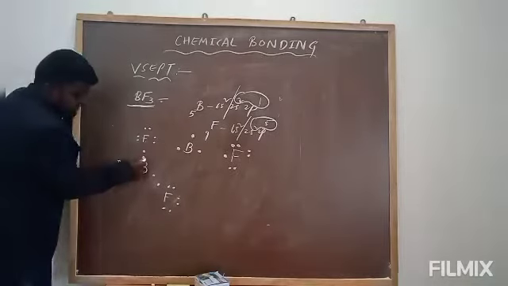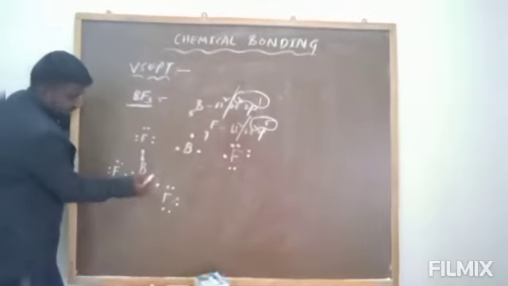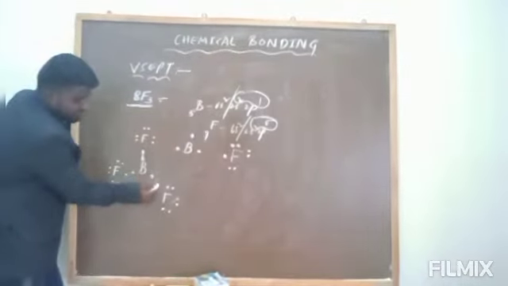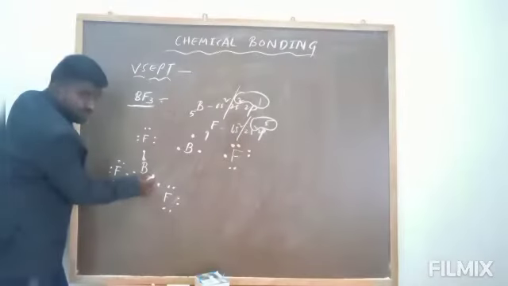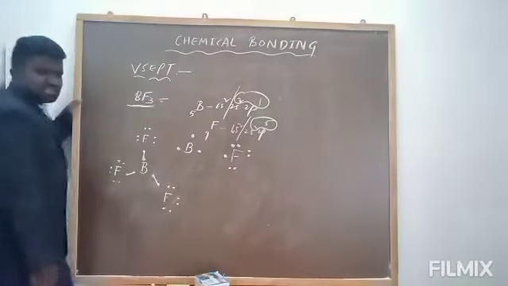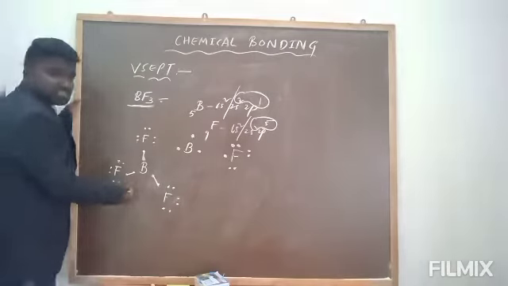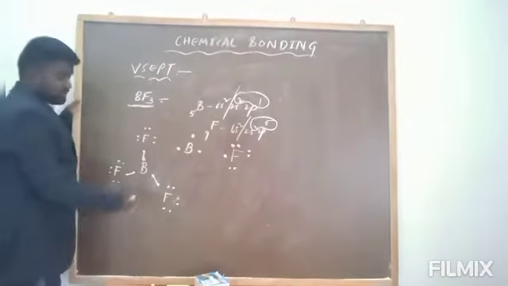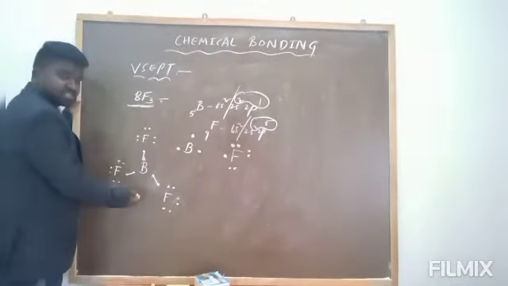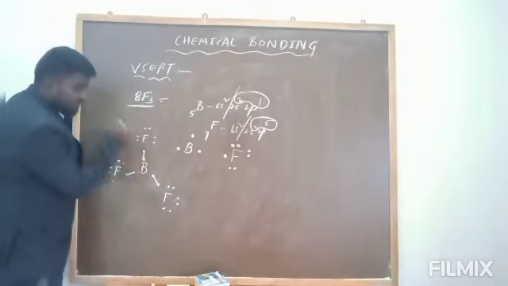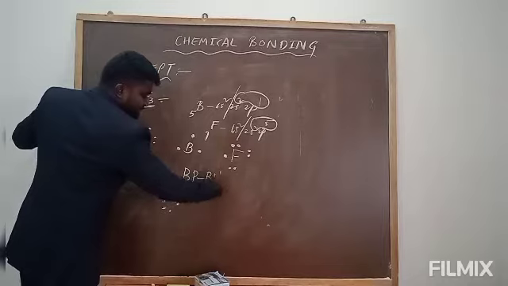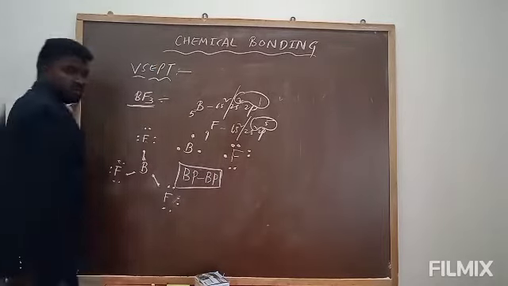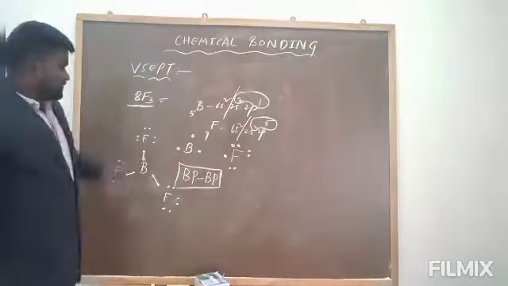So it is a bonding electron. It is also a bonding electron of boron. It is a bonding electron of fluorine. So a bond is formed between the bonding electron of boron and the bonding electron of fluorine. Here also the same thing. Which type of repulsions is there? Bond pair repulsion. This is also bond pair repulsion. Next, it is a BF3 molecule.